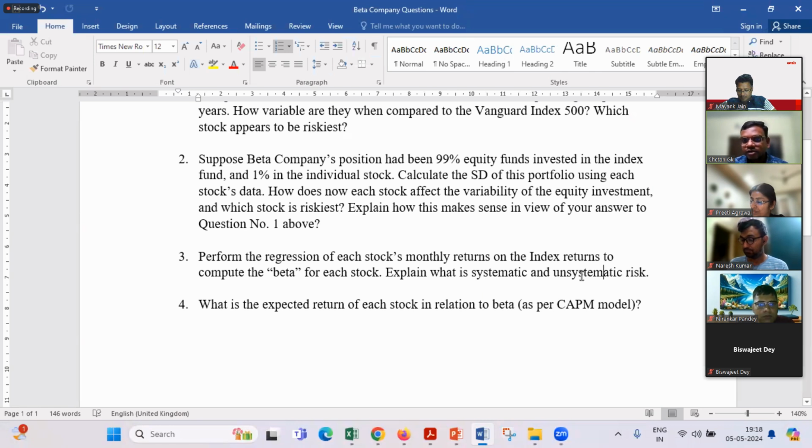Unsystematic risk is not like that. If you hold Asian Paints, its standard deviation is something different, and if you hold Berger Paints, its standard deviation is something else.